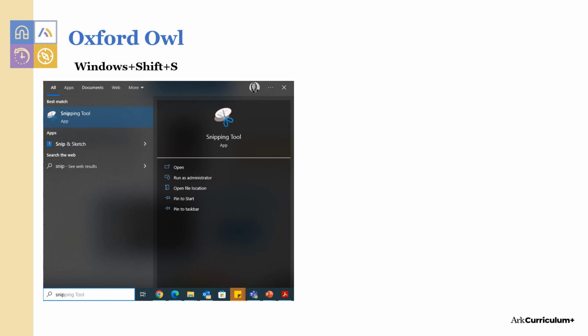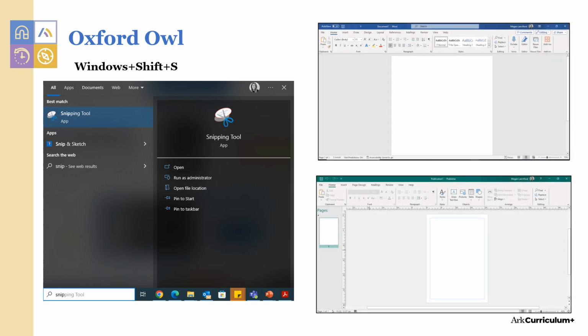Adapting activities can be easily done by using the ebook workbook and the snipping tool to paste the activity onto a Word or Publisher document and edit it. From there, you can print it and stick the adapted activity into your exercise book or directly over the workbook original activity. You may be familiar with the snip tool, but it can be found by searching in the search